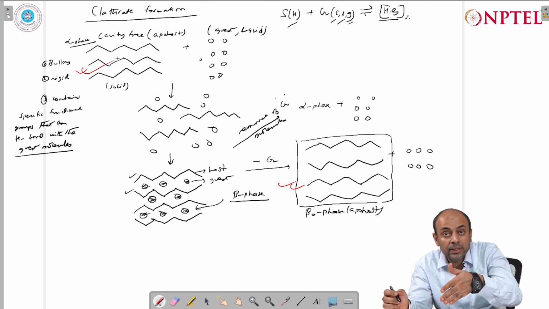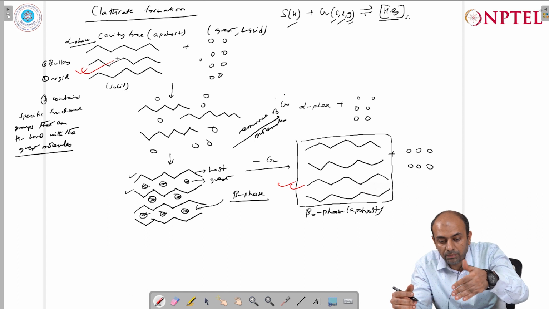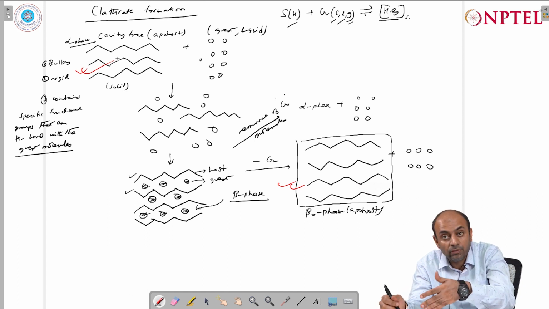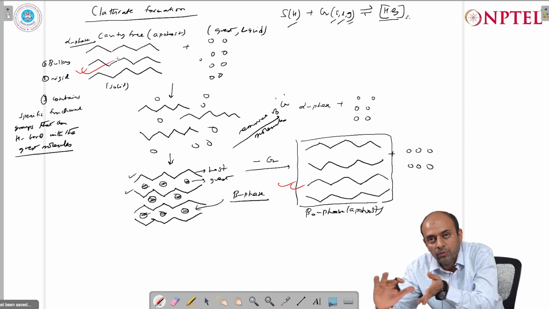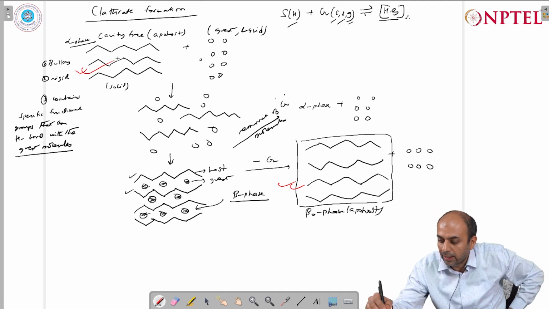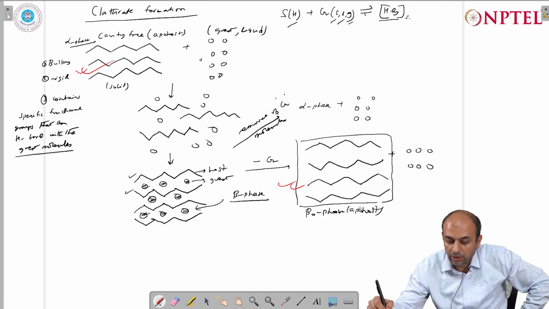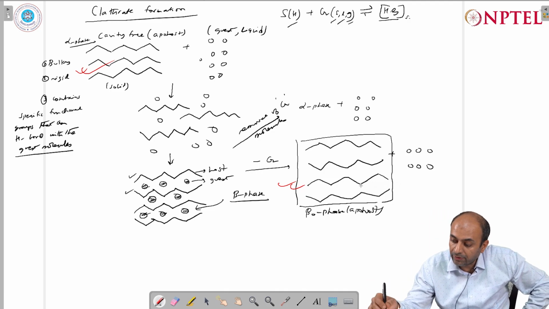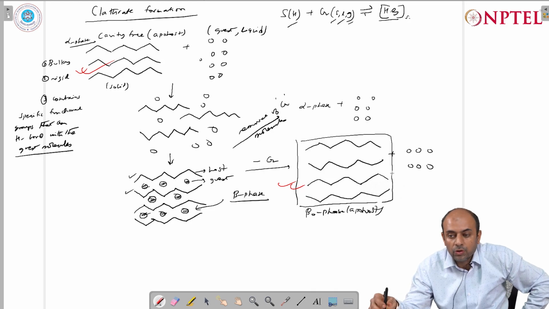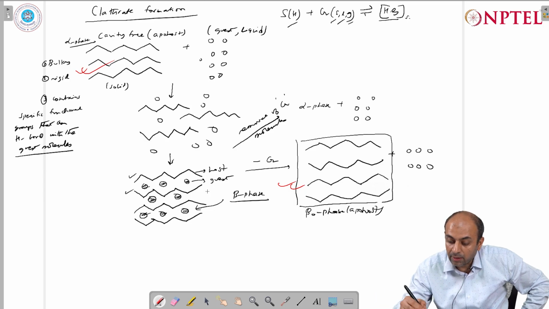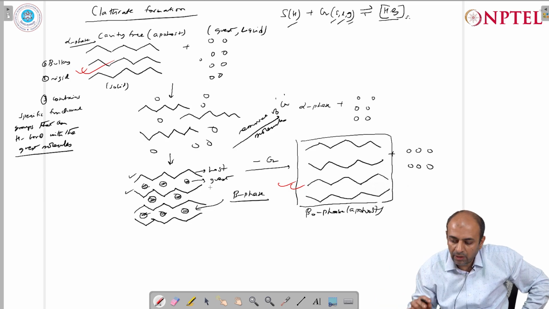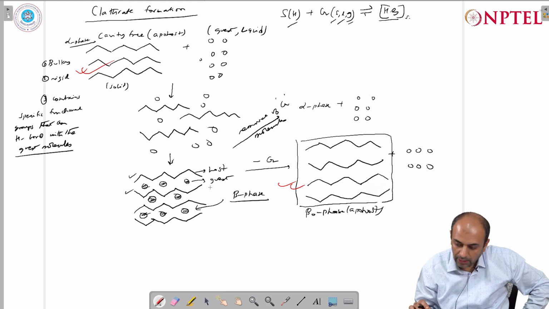So when you bring in the guest molecules, there is a change in the crystalline arrangement of the apophase, and now when you remove the guest molecules, it will have a different structure corresponding to a different arrangement of the apohost. So essentially this apohost or this particular beta 0 phase is derived from the beta phase by simple removal of the guest molecules. And you can have a gamma phase